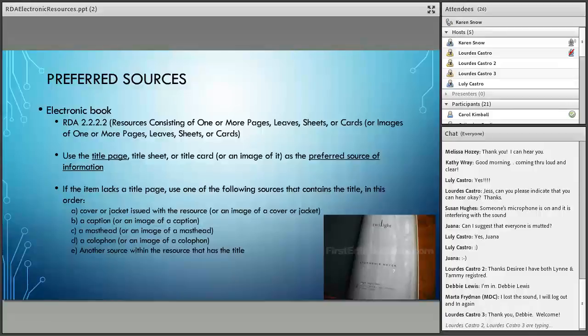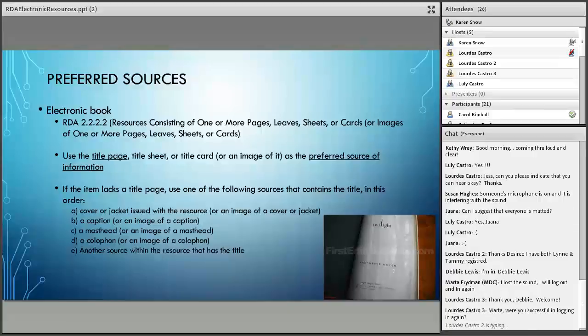It's always better to look at title screens or things affixed to the resource and so forth, first. And if you cannot find anything, then you use a container or something else outside the resource. But RDA treats all that information as essentially part of the resource itself, as long as the key being that it's issued with, from the publisher and so forth. So something official in a sense.